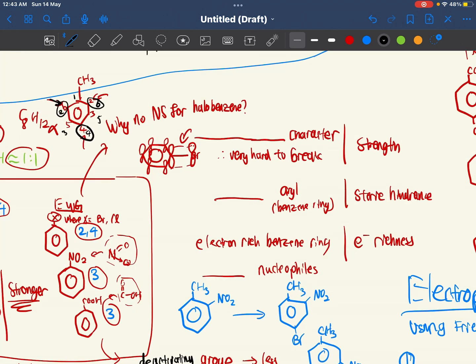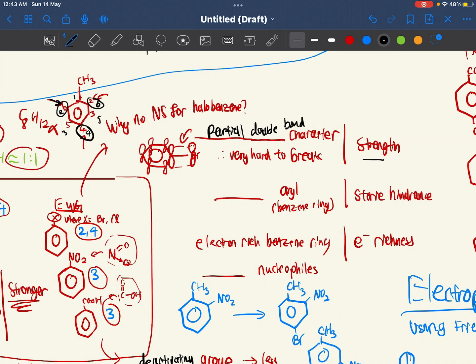Okay, so now we're going to ask why there is no nucleophilic substitution for our benzene. Why does it go through an ES reaction, right? So there are actually 3 arguments to this. First thing, we'll talk about the strength. There is a partial double bond character, because